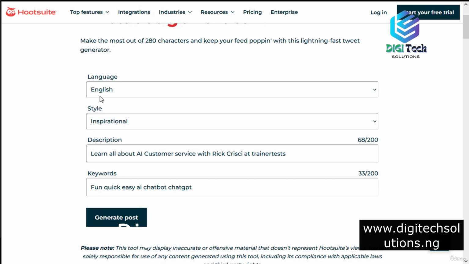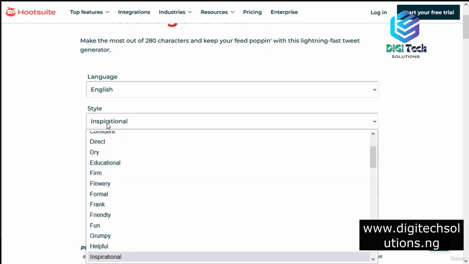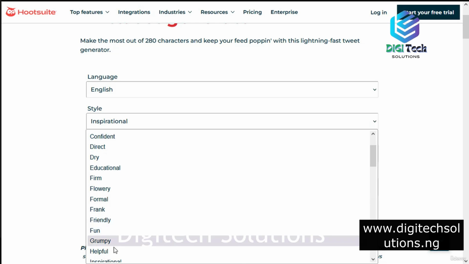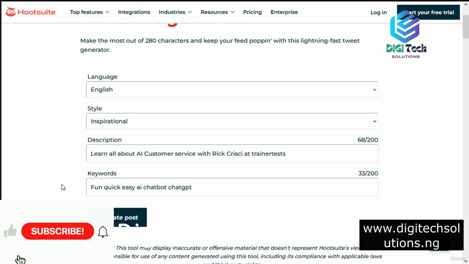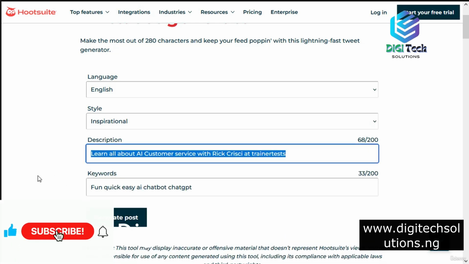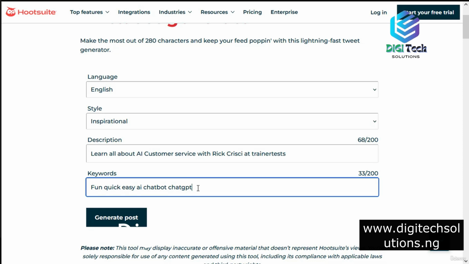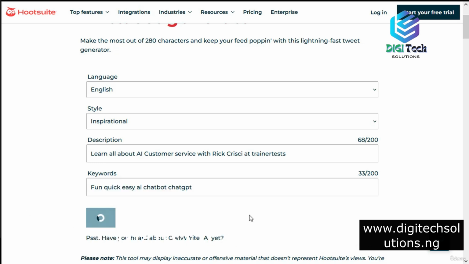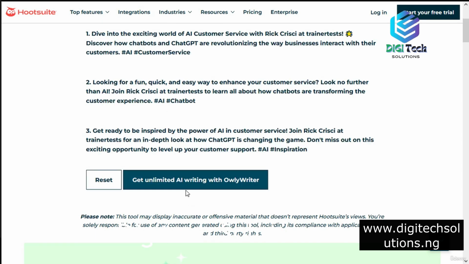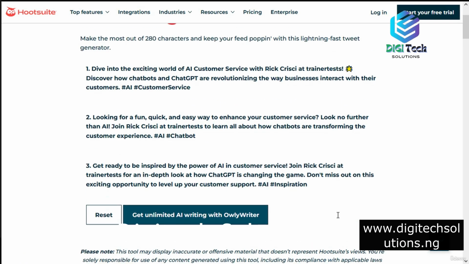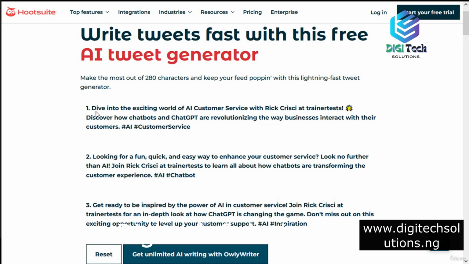And so you can see I've already filled this out here. I've chosen English as the language. There are many different styles that we can choose from. I just chose inspirational. The description is we want to learn all about customer service using AI with Rick Cresciat trainer tests. And here are some keywords: fun, quick, easy, AI, chatbot, and ChatGPT. So let's click the little generate post button, and it is using Owly Writer to generate these little social media